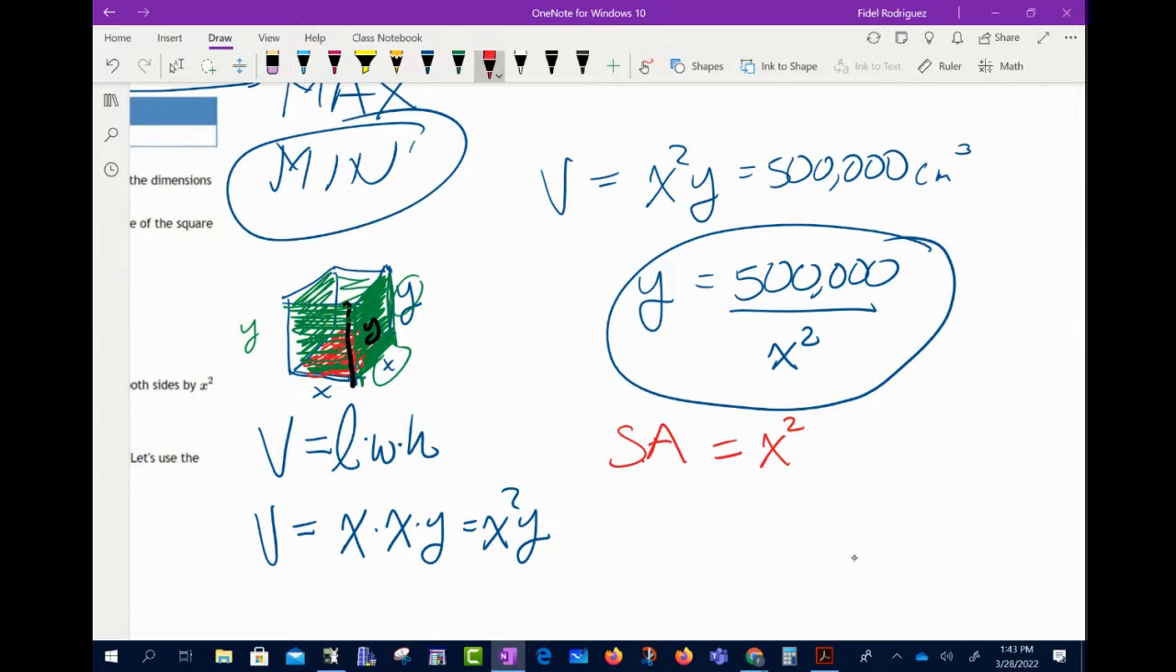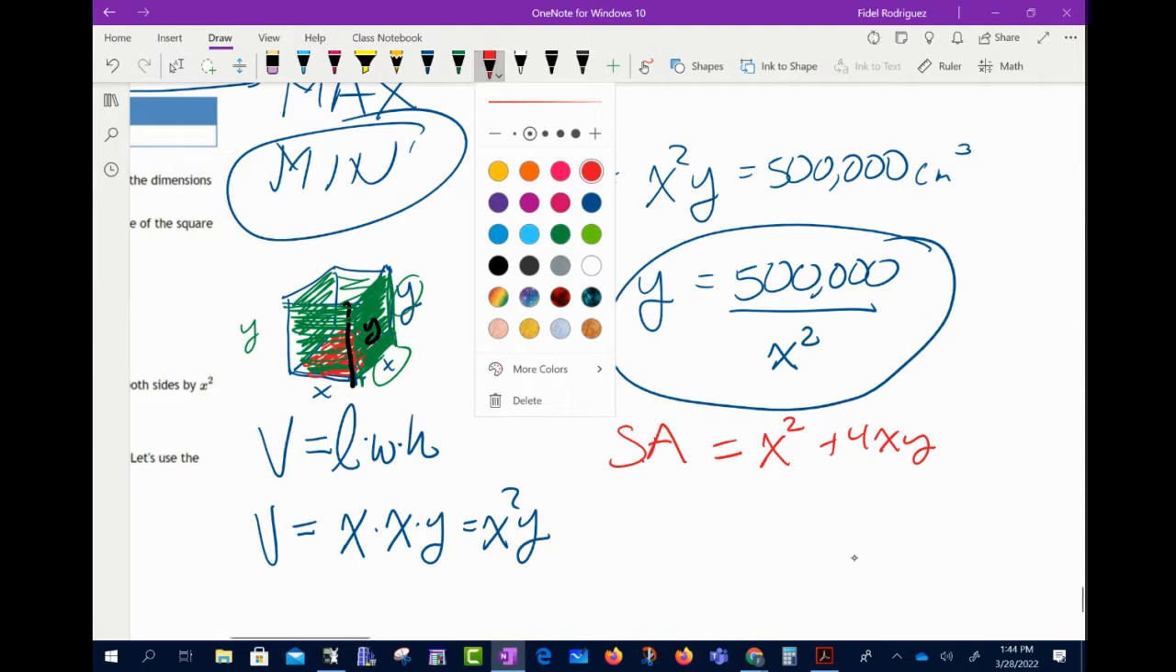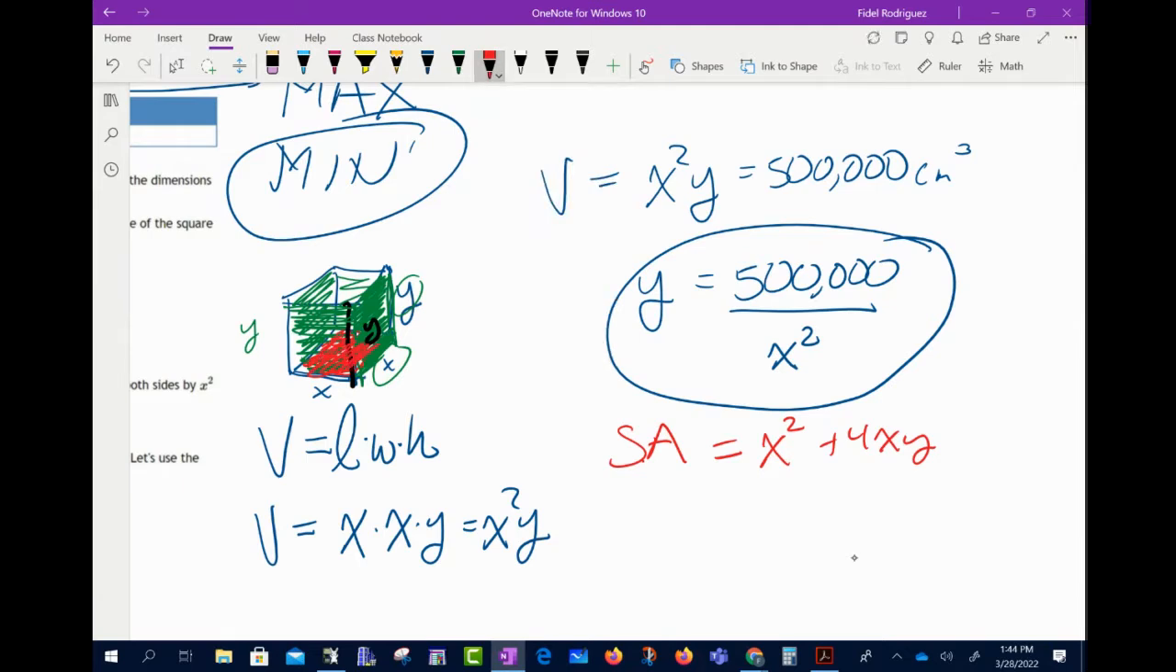So plus 4xy. Y'all, one thing I want to mention, why do we only have one x squared? Because it's an open top box, right? There's no lid to the box. That's why we only have one of them. If the box would have been closed, we would have had an x squared on the top and an x squared on the bottom, we would have had 2 x squareds, right? But they told me it was an open area box. Okay,